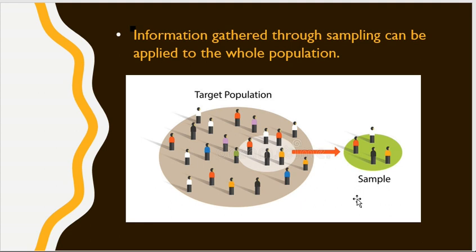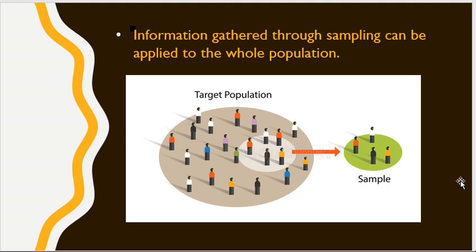Okay. For example, we cannot check all the bullets manufactured in an arms factory by finding them one by one. The quality of bullets will be decided by the performance of a sample consisting of few bullets. Similarly, we cannot ask each and every person about a certain problem. We select a sample. Okay,